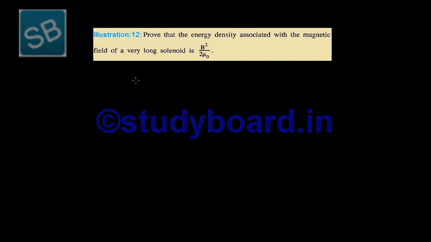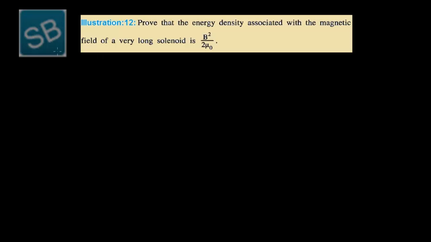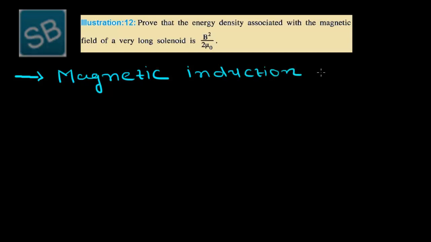Illustration number 12. We have to prove in this case that the energy density associated with the magnetic field of a very long solenoid is B square upon 2 mu 0. So first of all I start with the magnetic induction of a solenoid. That is given by B is equals to mu 0 Ni